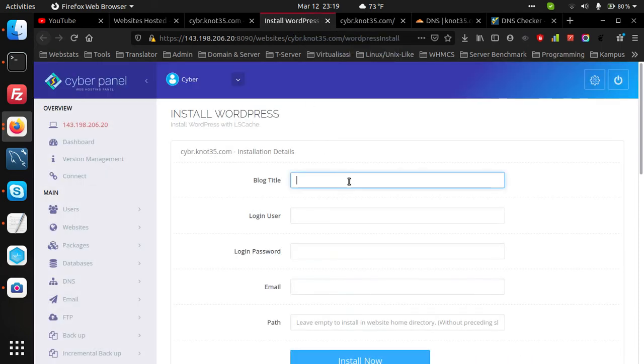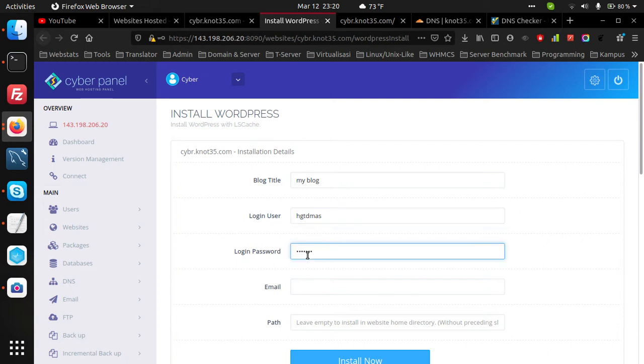And simply put the blog title, and for the password we can randomize it.